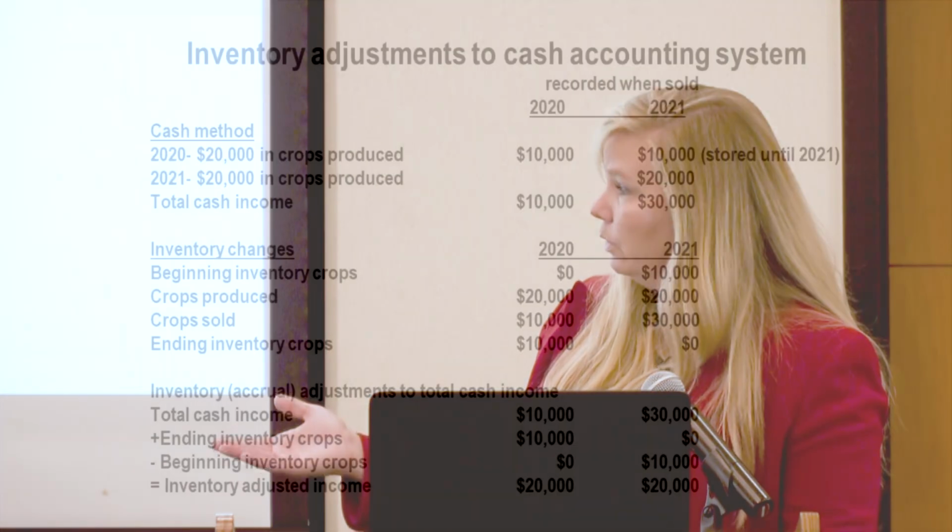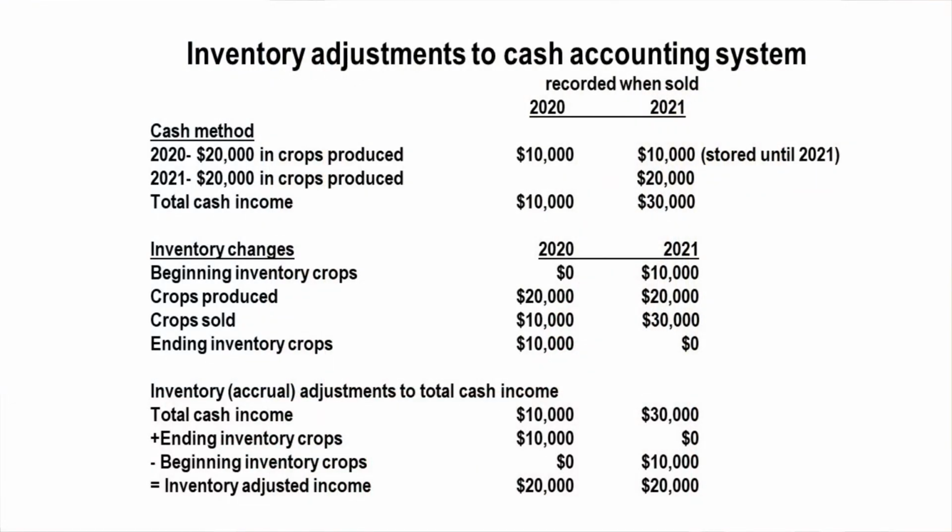All right. And then this just shows in a cash system how you might change inventory. Okay, so here you've got the 30,000 total cash income. You have your ending inventory plus that, and then you would get your adjusted income. So you know how on your taxes you have your adjusted gross income? So it's going to adjust for certain things, and that is how an income statement would adjust and show your true profitability. So again, if you've got crops that lean over, if you're carrying a lot of inventory, you can